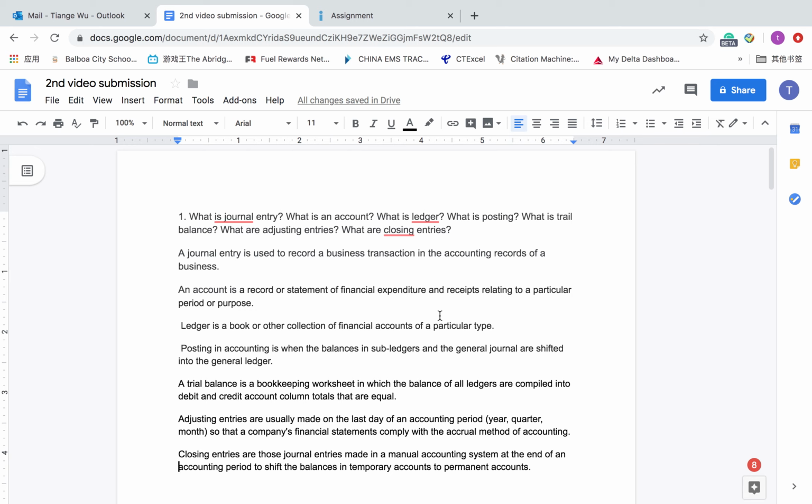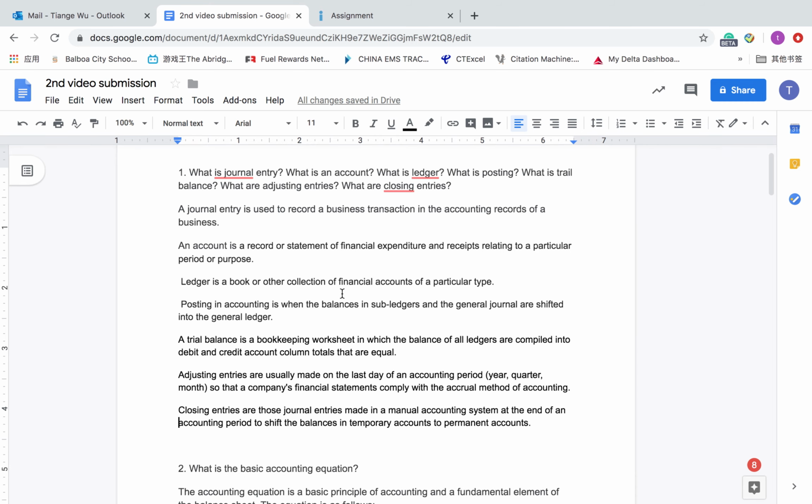So for the first question, the answer is: a journal entry is used to record a business transaction in the accounting records of a business. An account is a record or statement of a financial expenditure and receipt related to a particular period or purpose. A ledger is a book of a particular type, and posting is when the balances in the subledger and the general journal are shifted into the